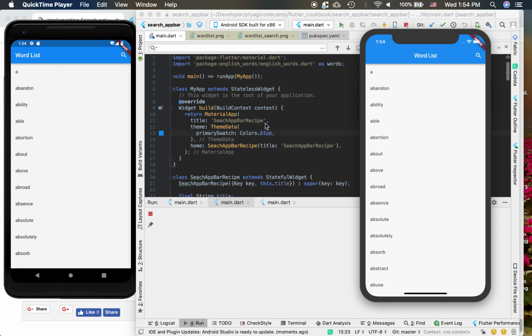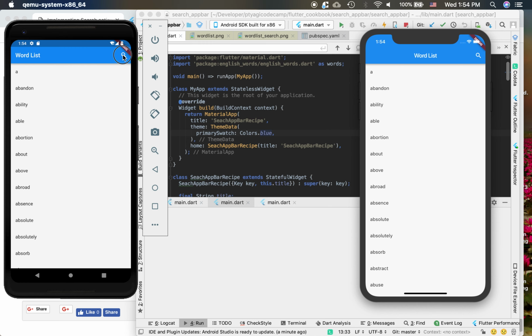Today I will be talking about how to display the search bar in the app bar. So I have here Android and iOS, iOS at the right side and Android at the left side, and I have coded it using Flutter. Both of them have a search icon here, and here's a word list using the English word library in Dart. I have displayed it, and if I click on the search button here,